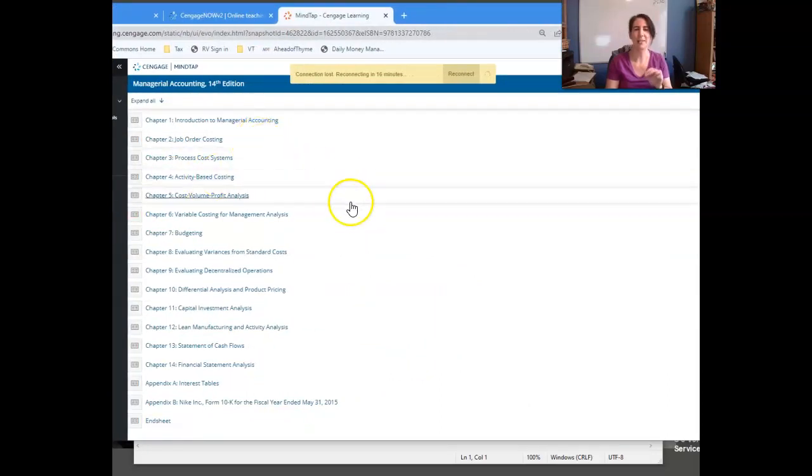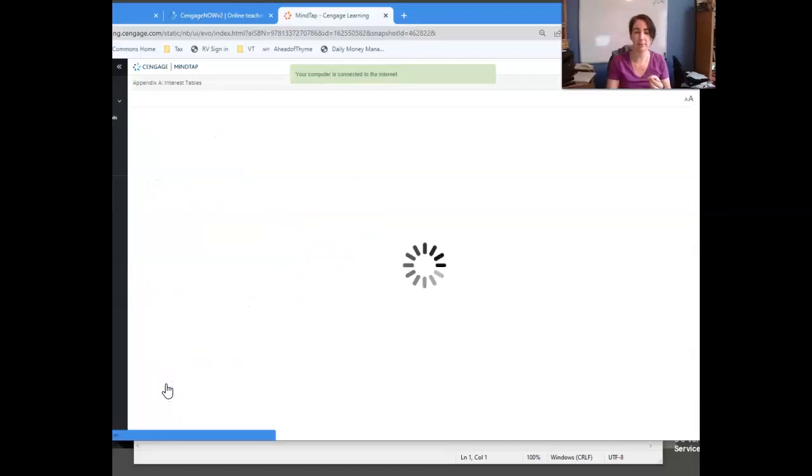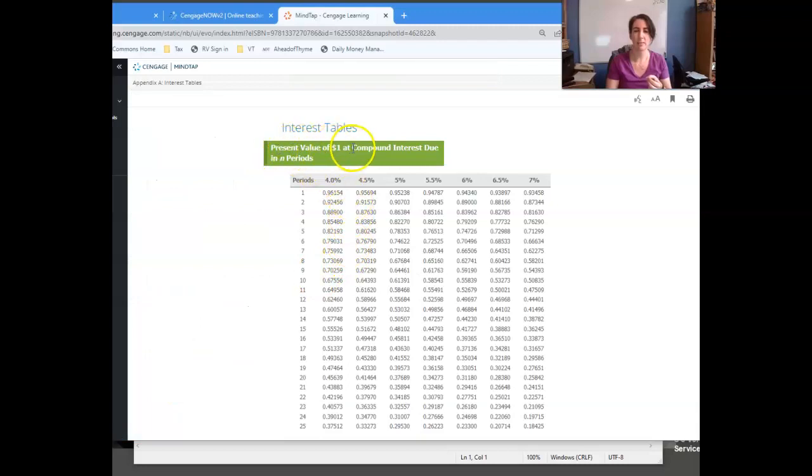Here we go. Okay, this is from the back of your book, and in the appendix, you have interest tables. All right, and this is the present value of 1. That's what we're looking at for right now. We'll deal with the annuity in a bit. I am going to look